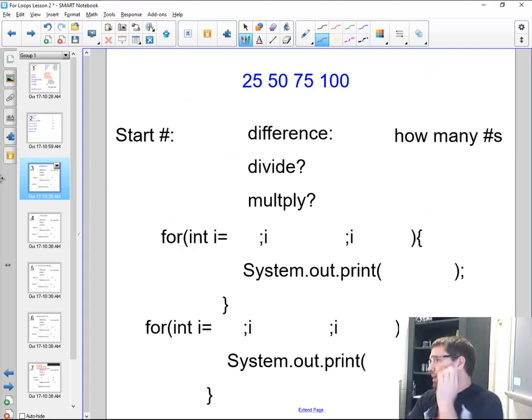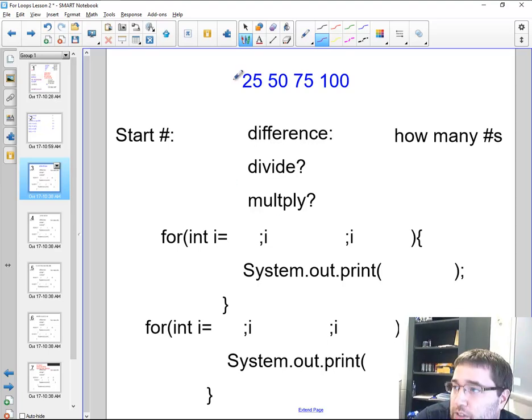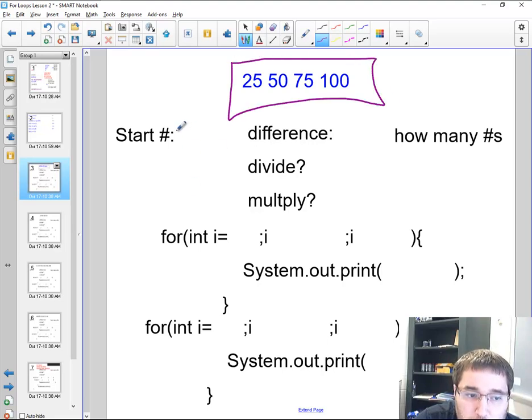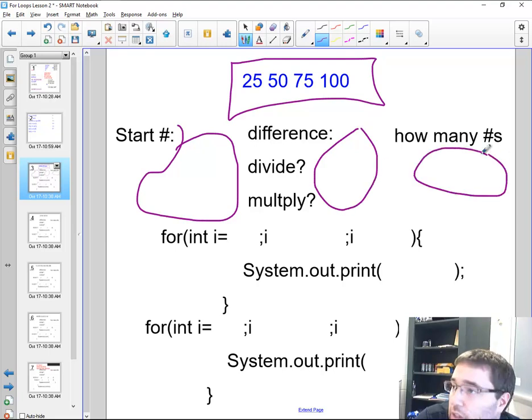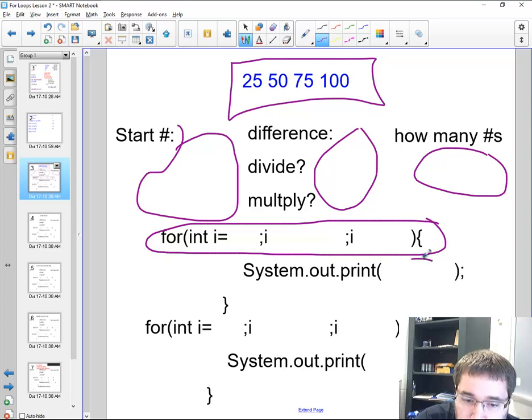Oh, you need scrap paper, by the way. What we have here is a number. What you need to write down on your paper is what I write down, what this is, and then whatever I write down in these spots. You don't need to write down start, difference, divide, multiply, how many numbers. You do need to write down this and this though,